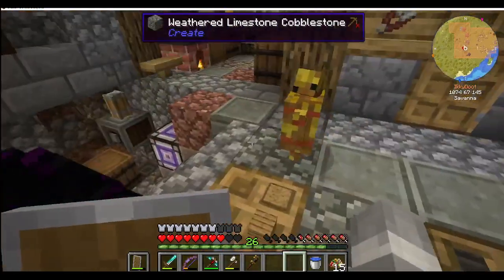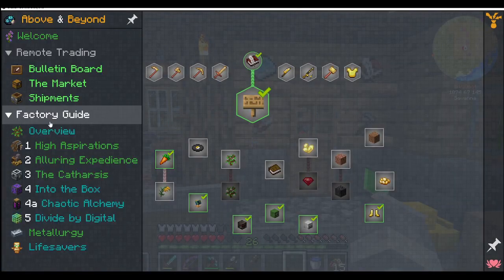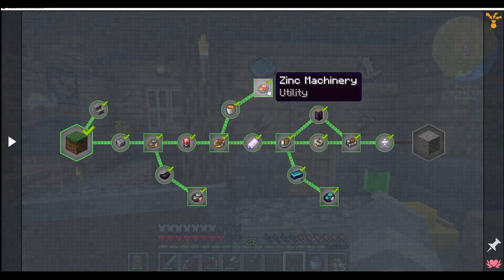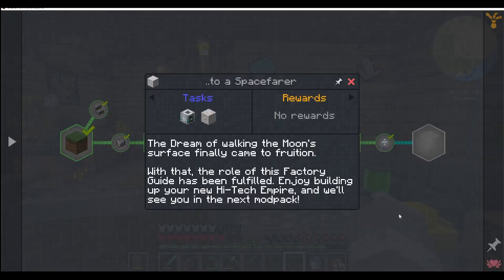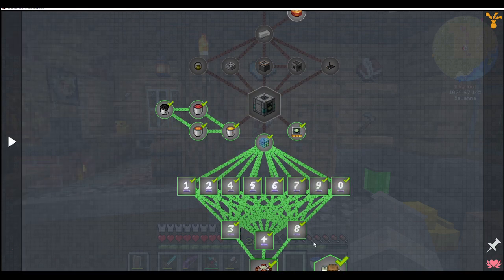Anyway, where were we in the quest? Back to the overview. If we go through here, you can see we did all this because it's got happy green lines, and we're over here at Divide by Digital, which is the finale before we get to the moon. The moon right there. Exciting. So, if we go over to Divide by Digital, excuse the squeaky chair,